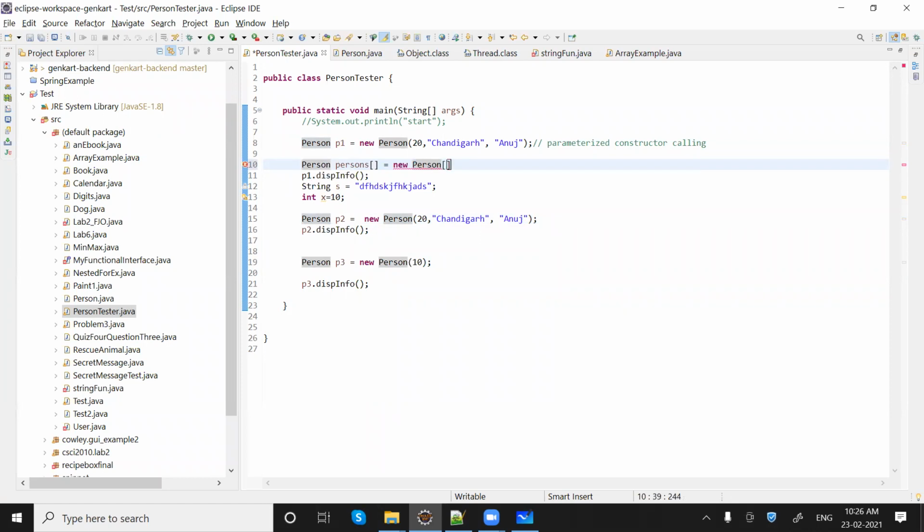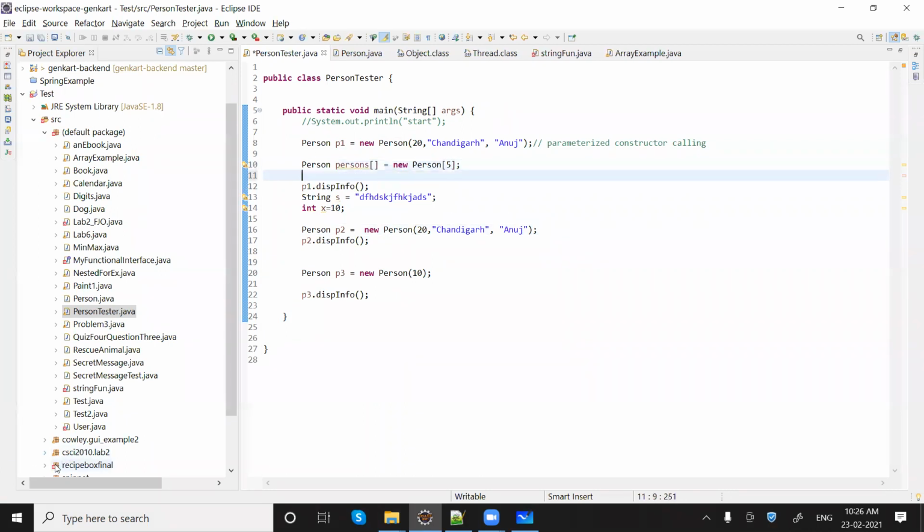Okay, how many persons do you want to write inside? So let me take 5. Okay, so we have an array of person, and before that we have two person objects, p1 and p2, and let me rename it, let's say Abhi.